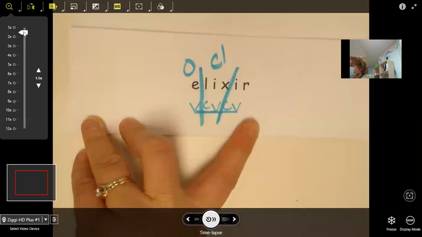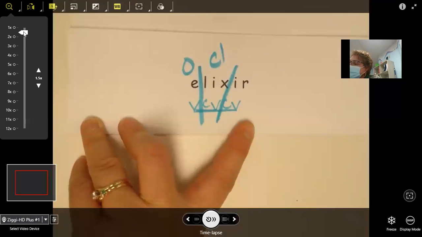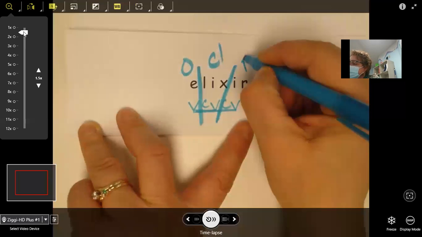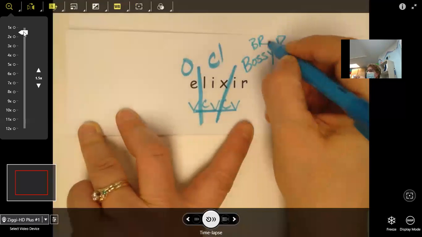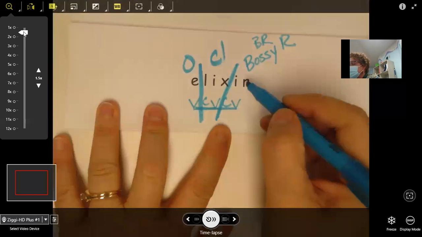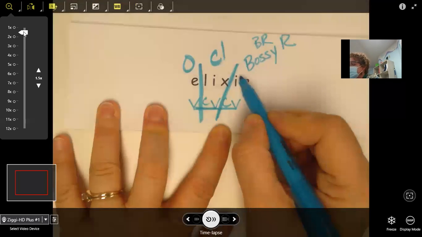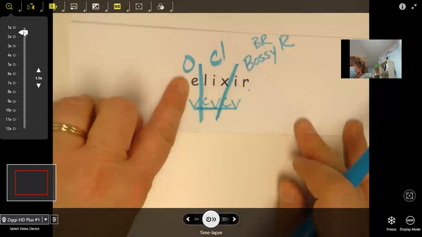Only one vowel. No. Abby? Bossy R. So we just write BR, but it stands for Bossy R. Well, this is what we're talking about this week, right? Bossy R. I had to stick one of those in there, right? Definitely. So we know this makes an sound, right? If it's a bossy R, it's going to say. So let's put it together. E, O, X, Lex,